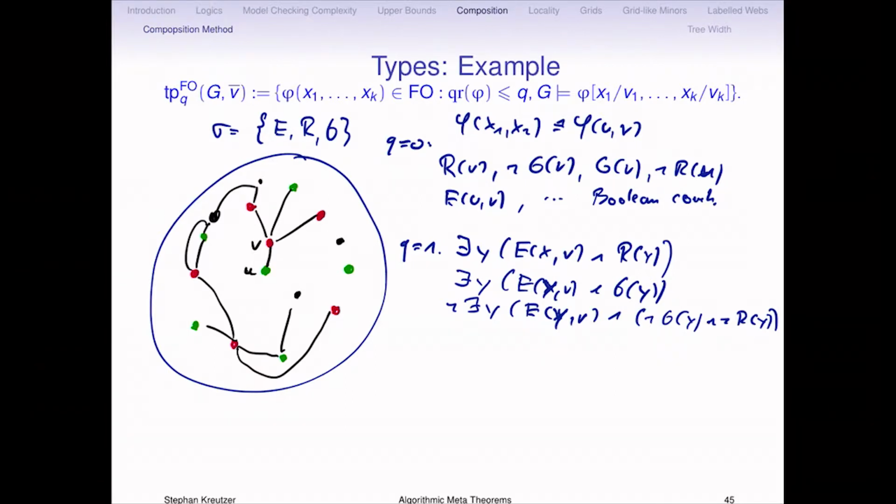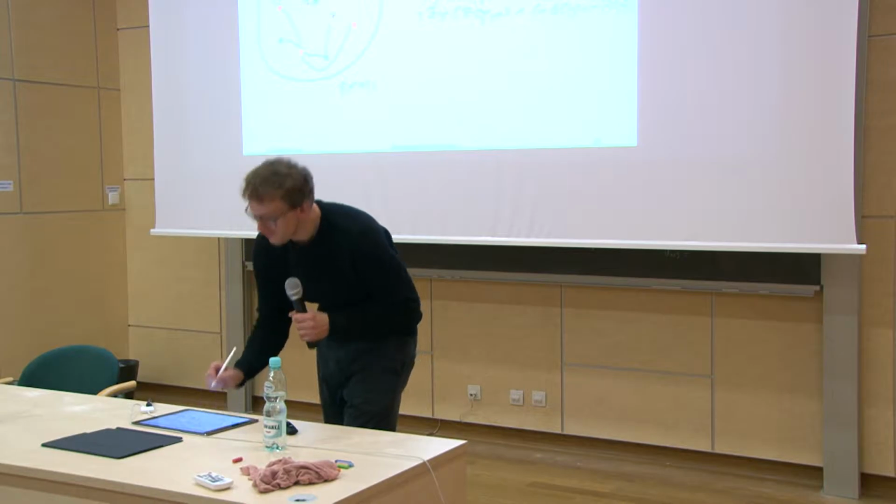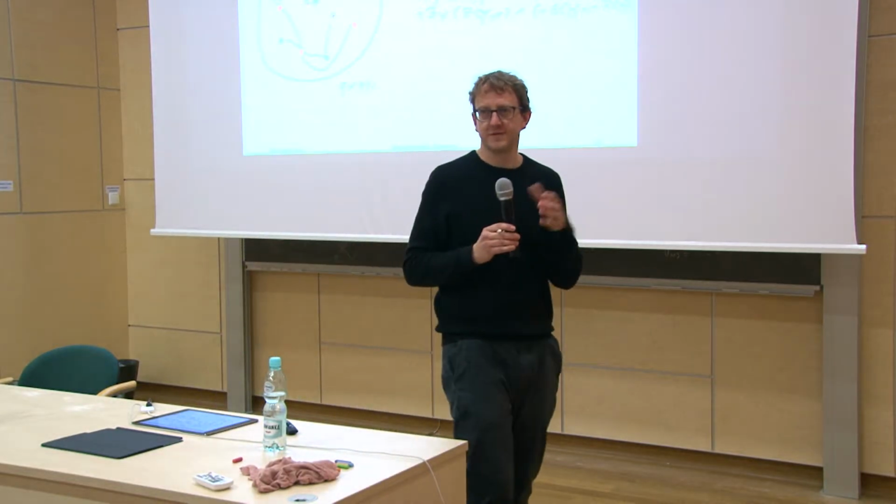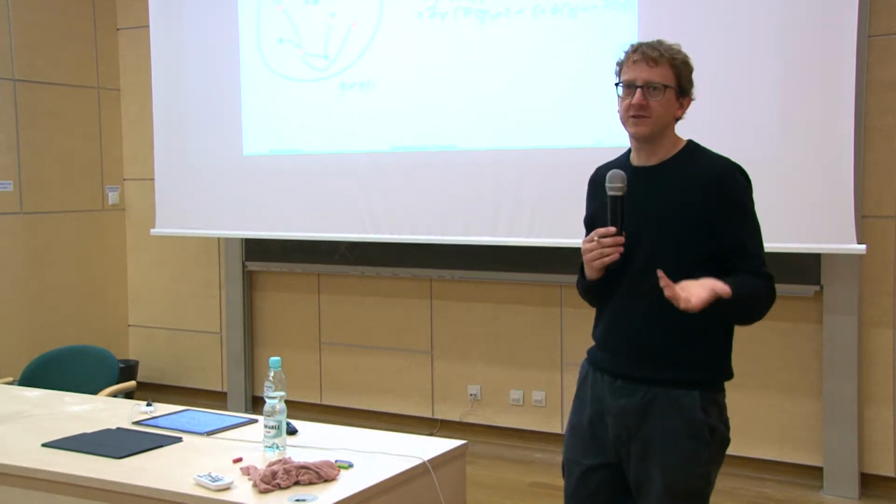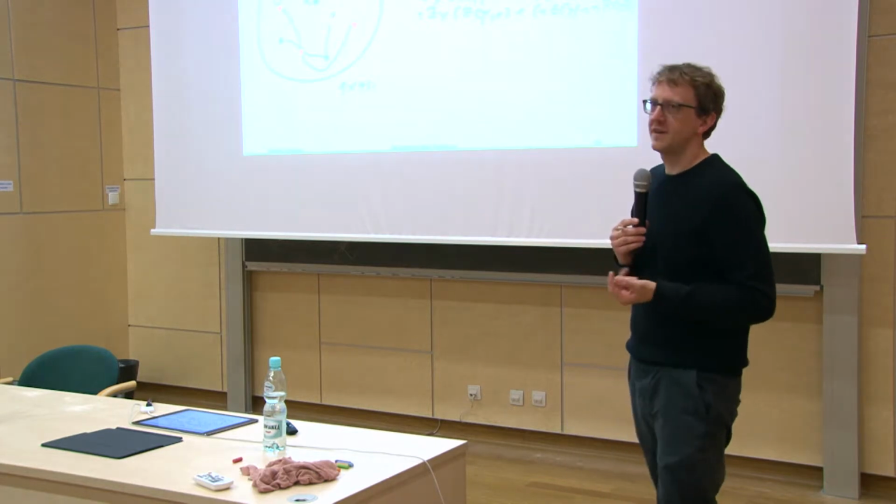Okay, so here's the definition of quantifier rank. Atomic formulas have quantifier rank 0, because they have no quantifiers. Every quantifier-free formula has quantifier rank 0. If you have a formula of quantifier rank k and you put a quantifier in front of it, it goes up to k plus 1. But if you have a Boolean combination of formulas of quantifier rank at most k, then the corresponding rank will be k as well.